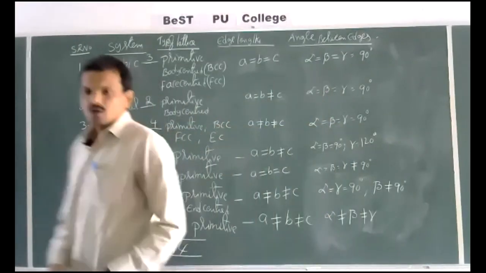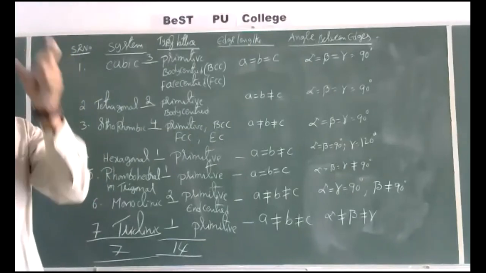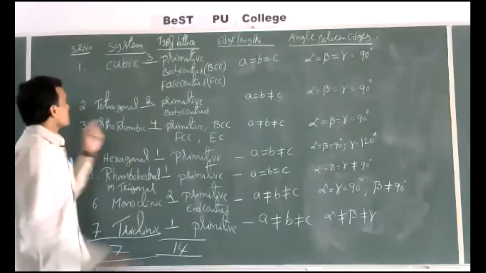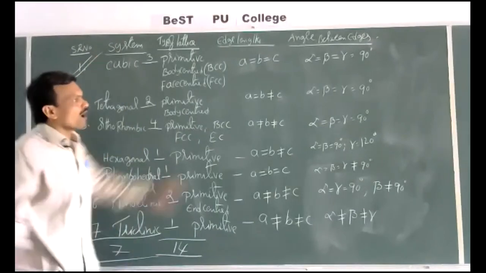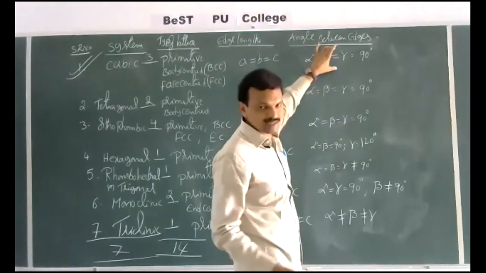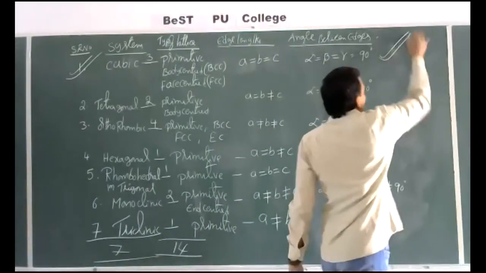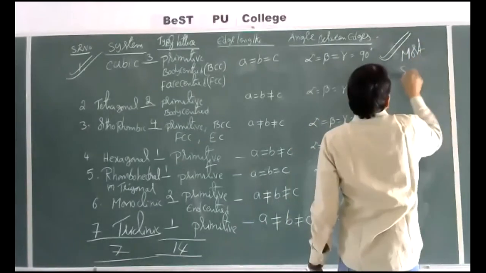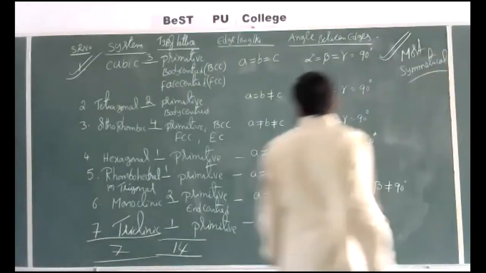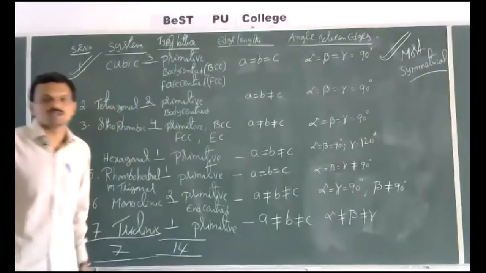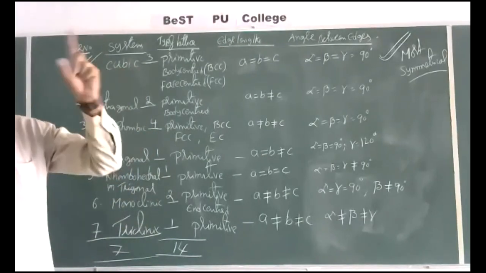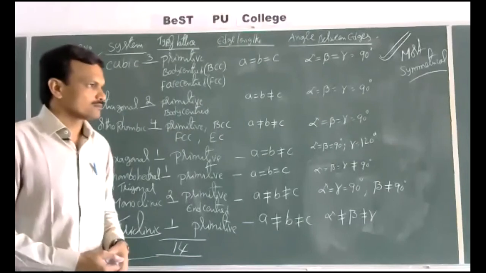Now in this, what is the most symmetric system? What is the most unsymmetric system? So if you observe here, cubic system, all edge lengths as well as all angles between the edges are exactly same. So this is the most symmetrical. Once in previous exams also they asked which is the most symmetrical and which is most unsymmetrical system. So cubic system is the most symmetrical system.